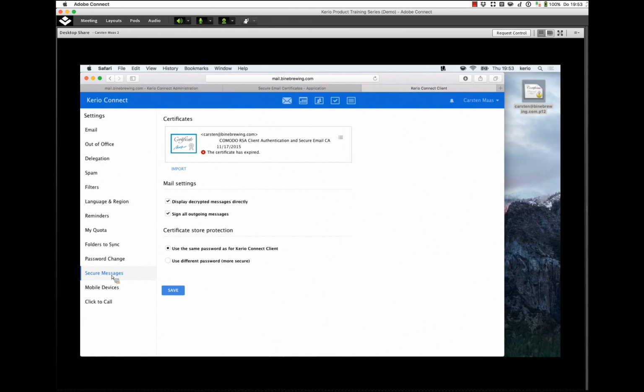So all mails which have been encrypted before that date, before I created a new certificate, need this certificate to be decrypted. When it's going to start to look a little bit messy in that part of the certificate store, there's also an option that you can download this certificate again, put it at a safe place, and whenever you need to decrypt an email which was signed with this certificate, re-import it again, and then you will be able to decrypt it. But now we are going to import a new, fresh and valid